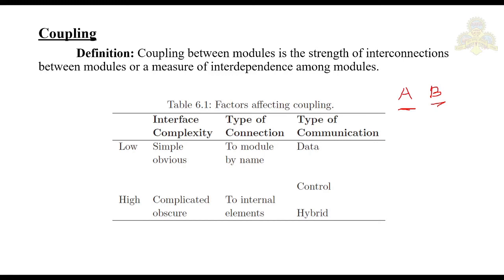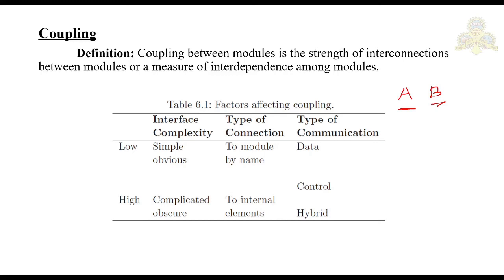Transfer of data information means that a module passes some data as input to another module and gets in return some data as output. This allows a module to be treated as a simple input-output function that performs some transformation on the input data to produce some output data. In general, interfaces with only data communication result in the lowest degree of coupling, followed by the interfaces that only transfer control data.